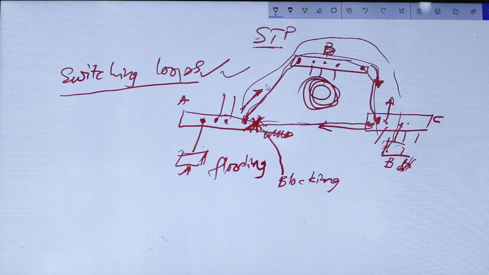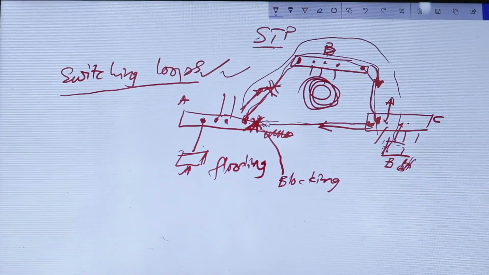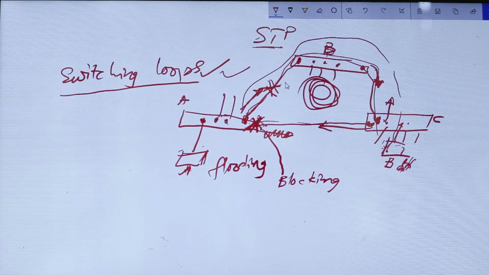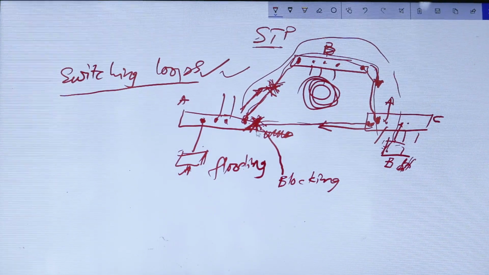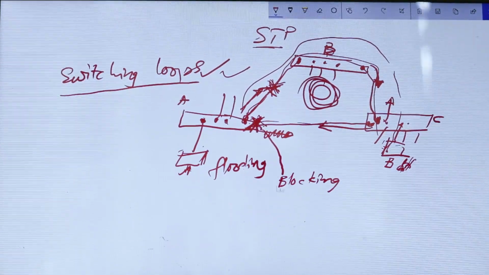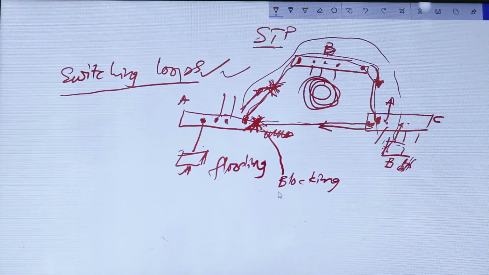Now, STP is still monitoring the primary link. If there is a problem on the primary link, supposing it goes down, STP will sense it. You see how intelligent STP is. It will sense that a link is down, so it has to release this port here to send out packets. It happens automatically.